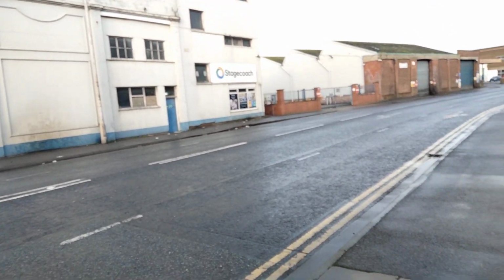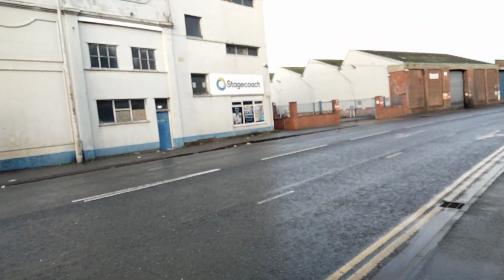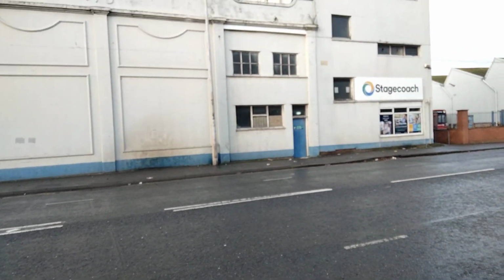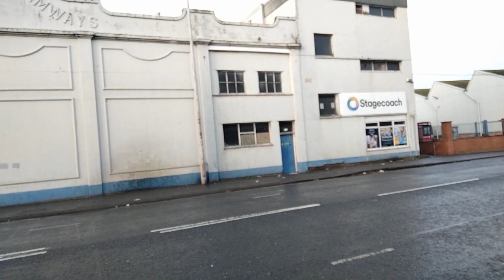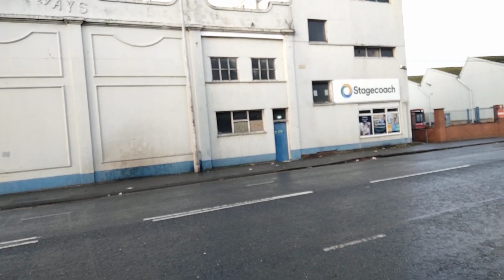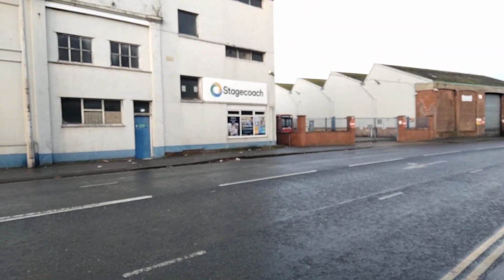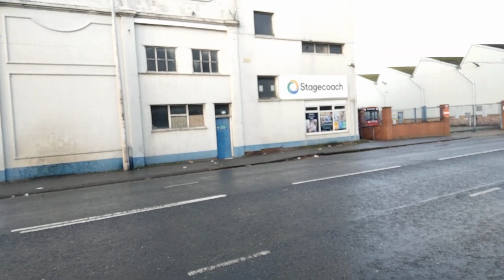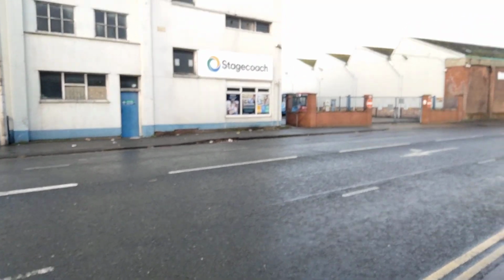As I mentioned, in 1957, the transport departments of Grimsby and Cleethorpes corporations were combined and amalgamated to form Grimsby Cleethorpes Transport. It took a few years to negotiate. Cleethorpes Corporation weren't keen at first. When it took effect on the 1st of January 1957, the garage at Cleethorpes closed. Pelham Road Cleethorpes was closed down, and all the vehicles, which were trolleybuses and motor buses, were moved to here,